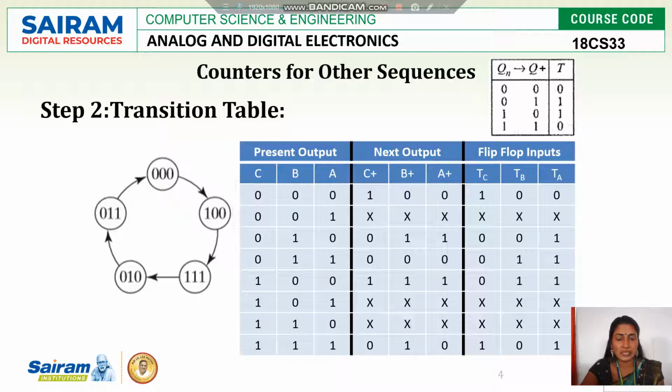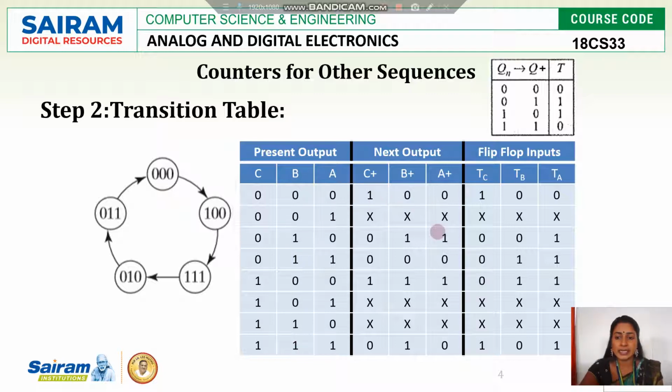So we need 3 flip-flops. If you are using 3 flip-flops, then that will count from 0 to 7, and in that, some states are missing. So we have to write all the needed states for that counter, that is, 0 to 7. Everything I have written in the present state.